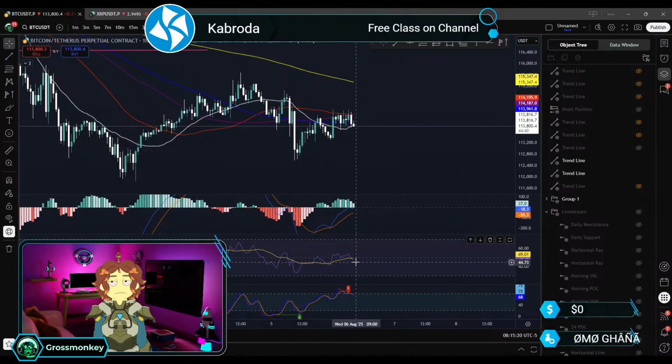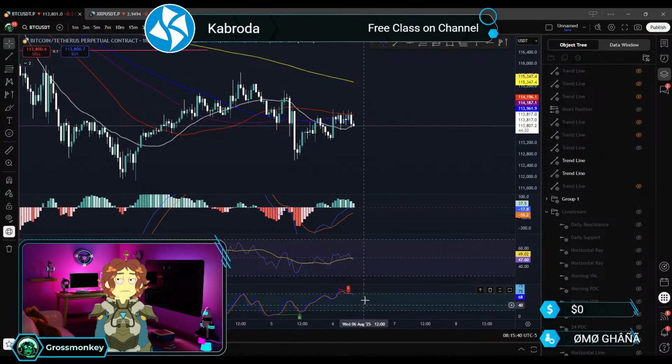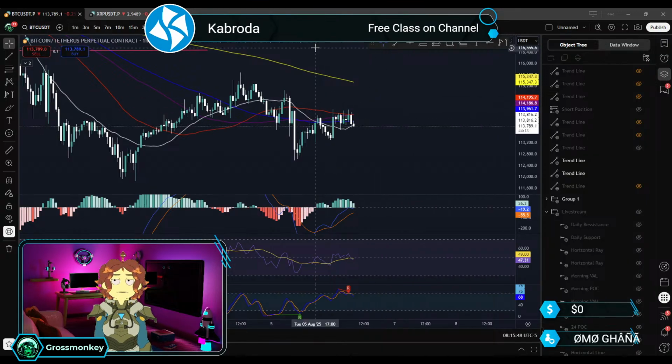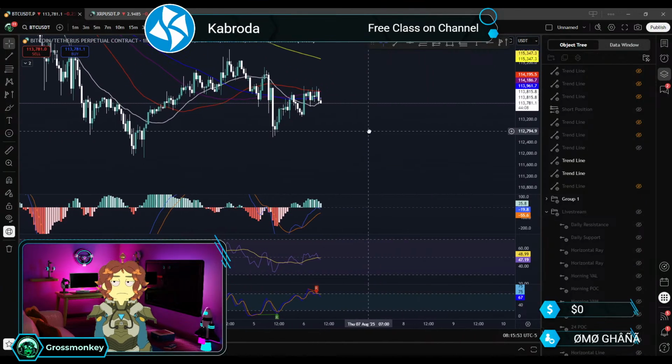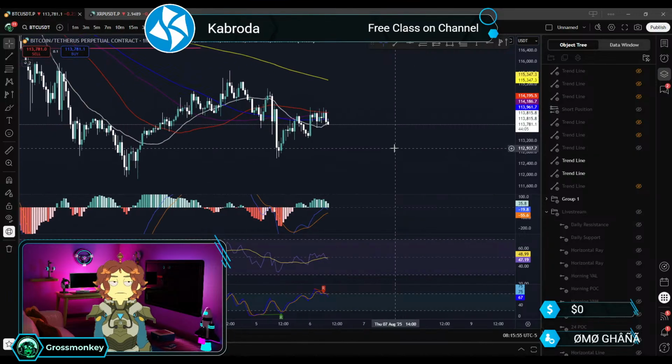RSI is kind of the same as the 4-hour, middle line. Both of them are kind of just at the middle 50 level, and the faster moving average is breaking through the slower moving average right now. So you got the purple breaking through yellow, and then you got stochastics curling down on the bottom. So overall, I would say more of the same kind of thing. It's looking more cautiously bearish. I'm going to say bearish, but